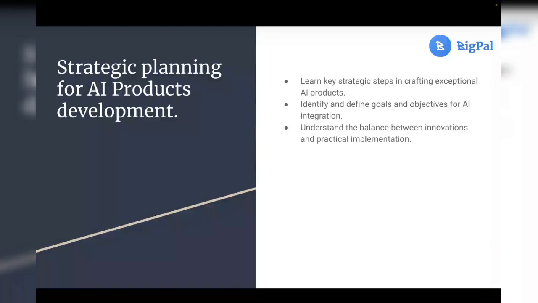What I meant by understanding the balance is, innovation, in this case for BigPal, we had our plan, our mindset was to make reading easy. But after that, we had to sit down and practically implement it. We had to sit down and be like, okay, this is a very good innovation, but can we bring it to life? And that was where I came in. Because at the end of the day, product designing of AI is probably the most important, to be honest. I'm not taking anything from the AI developer and the software developer. But all they could do was just talk about it, just envision it. They had to bring it to life. So that's where the product designer came in.